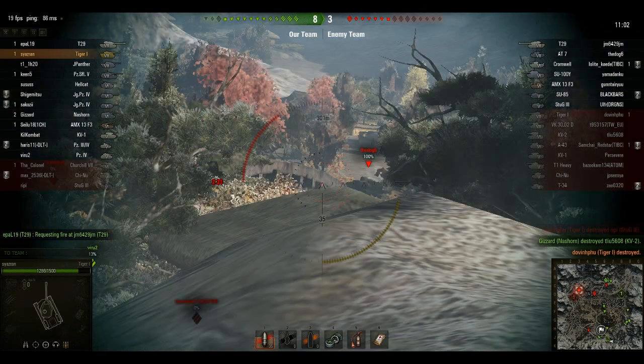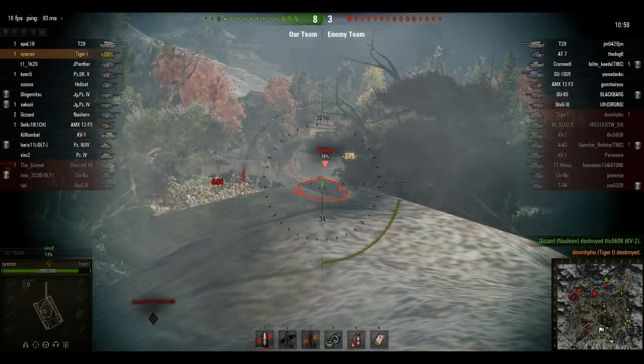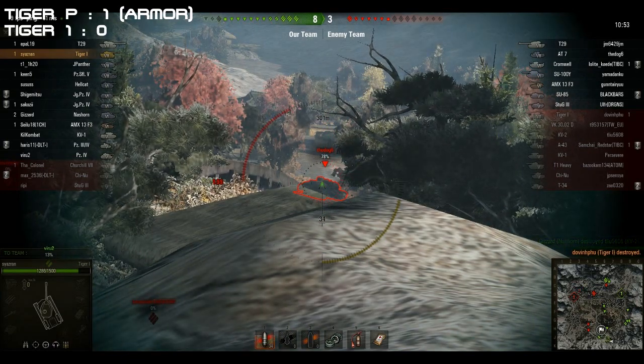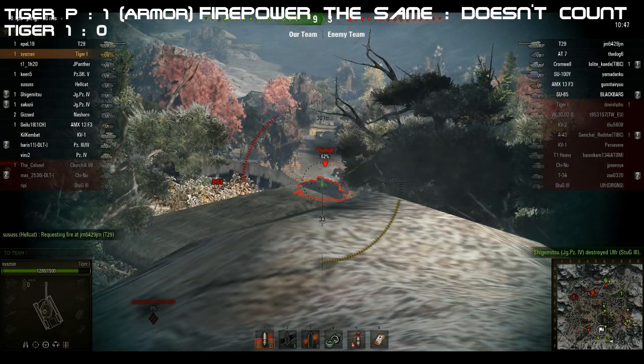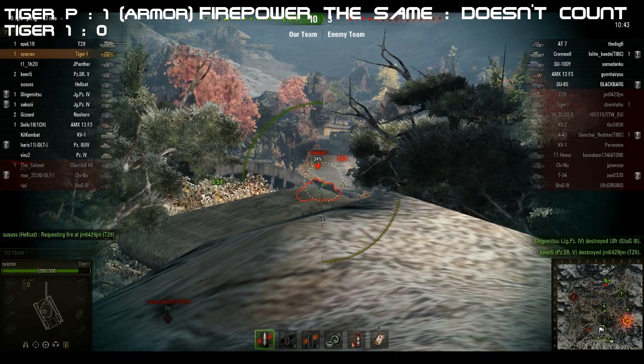So yes, now I would say Tiger P has one mark while Tiger 1 has none, because on firepower both of these tanks are just the same, so that doesn't count. But on armor, Tiger P counts, 1 score for Tiger P, but Tiger 1 is 0. But yeah, so moving on,